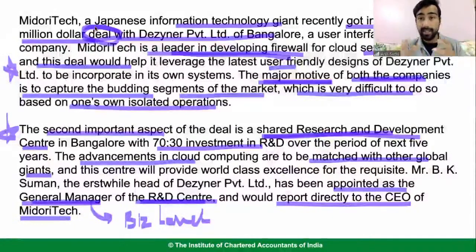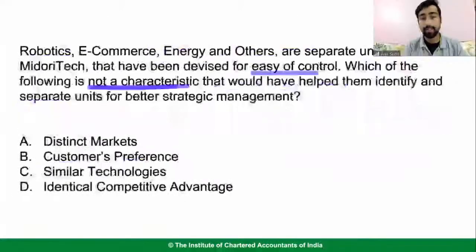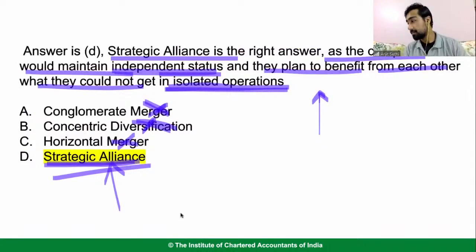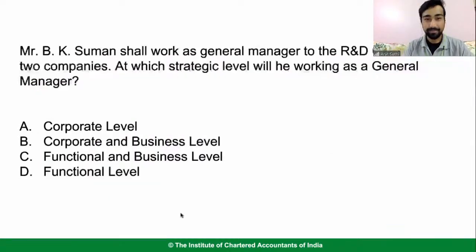They're not selling their company. They're not buying their company. They're not merging their company. It is just a deal. Contract हो रहा है कि आओ मिलके काम करते हैं, right? It is just a deal कि आओ let us work together, because isolated operation, अकेले करेंगे तो competition को beat नहीं कर पाएंगे, right? That is why it is a strategic alliance. The answer is strategic alliance, right? Okay. I'll tell you why strategic alliance, because you will get confused in strategic alliance.